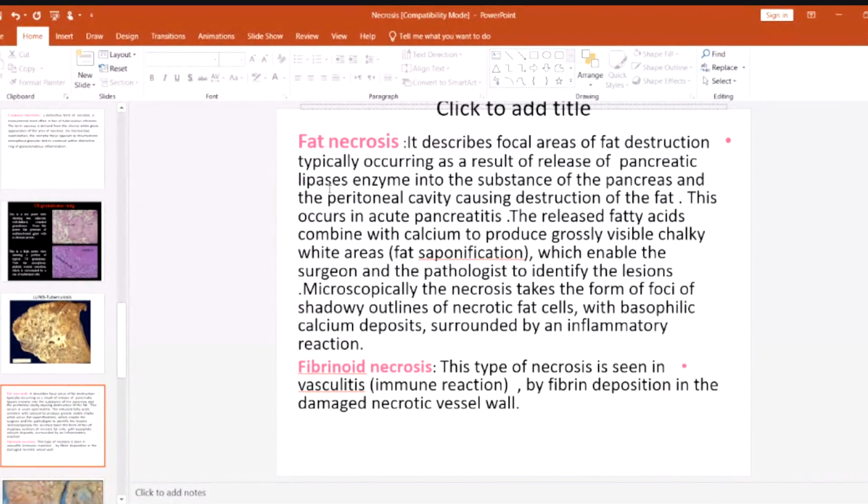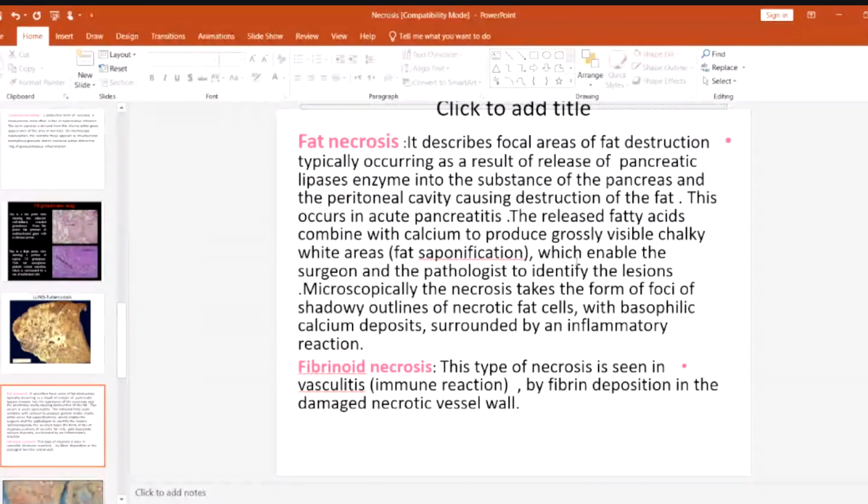So, in case of acute pancreatitis, there is inflammation of the pancreas. Let's say there is disease in the pancreas. So there will be release of the lipase enzyme. This will cause breakdown of the lipid. This breakdown of the lipid will bind with calcium